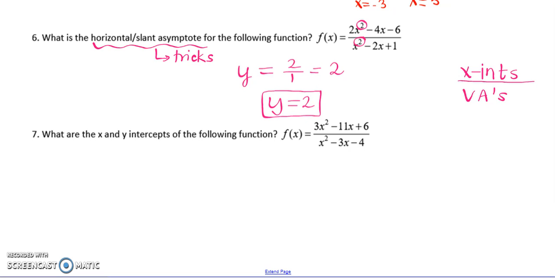Number 7, what are the x and y-intercepts? Okay, before we can do that, the y-intercept we can tell pretty easily. So for the y-intercept, we're substituting 0. So if we divide the constants that are left, we have -6/4, which simplifies to be -3/2. Okay? Now for the x-intercepts,